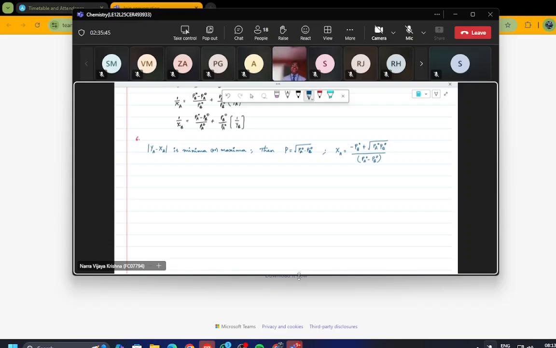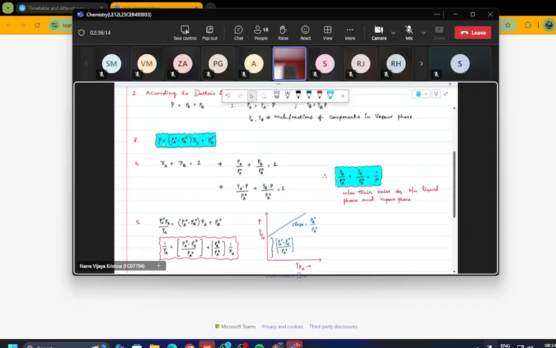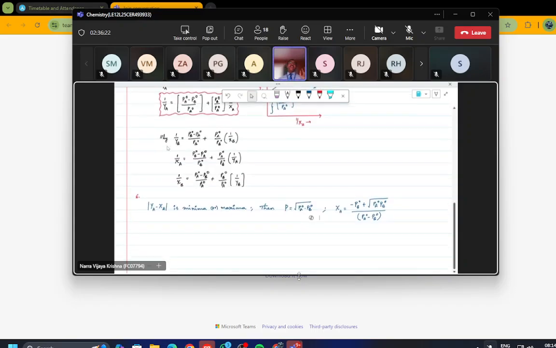Over. If they say number of moles of A in liquid phase, number of moles of A in vapor phase, both are almost the same, or A is not at all evaporating, mostly B is evaporating, then also, what is total pressure equation? Root P A naught into P B naught equation. If you want XA value, substitute this in the equation, and instead of this P, substitute root P A naught into P B naught, automatically we get XA value. We are done with liquid